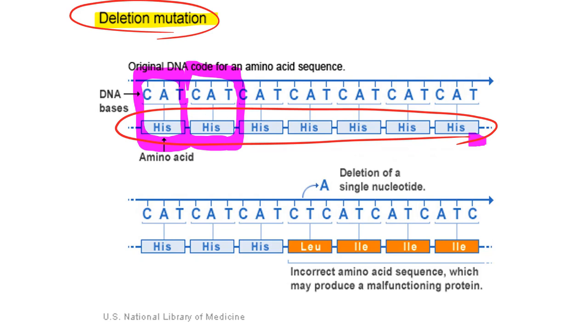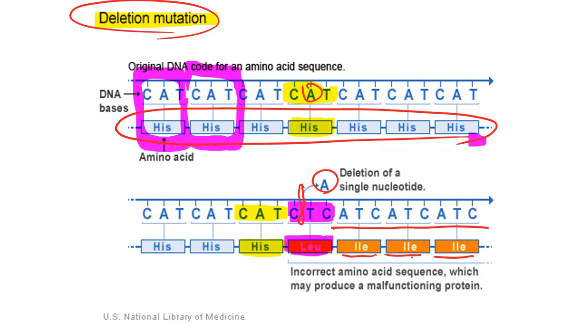What happens here? Well, what we have here is a CAT sequence that should lead to the incorporation in the polypeptide chain of a histidine right there. But in this case we are removing the A that should be right here, that A right there, we remove that. And of course now the new codon in the mRNA is not CAT anymore, which leads to histidine, but it is CTC that we have here, which leads to leucine. And then after that, all of the other codons will lead to the incorporation of isoleucine inside the